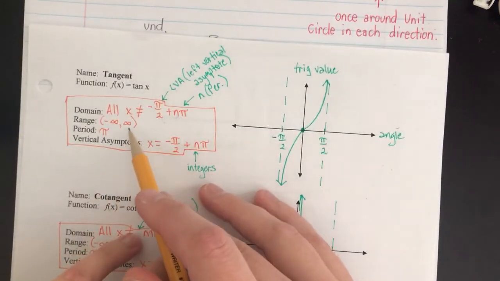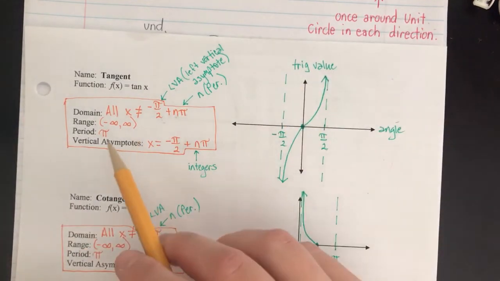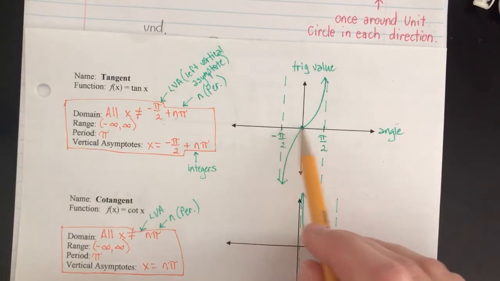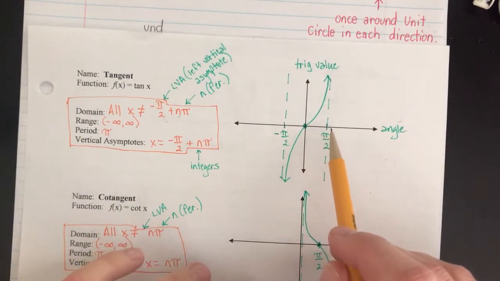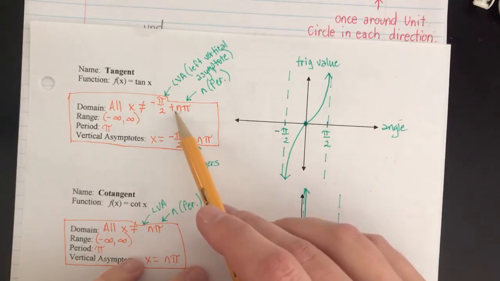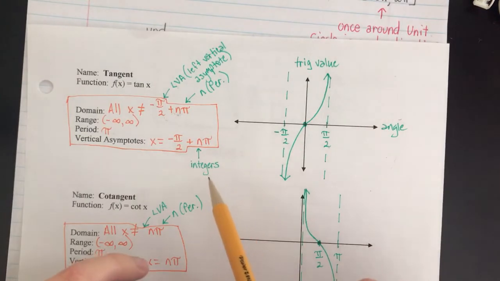Our range is going to be all real numbers because, as you can see, this graph goes all the way down, all the way up. Our period is pi, okay, from negative pi over 2 to pi over 2, that's pi. And then our vertical asymptote comes from, we just talked about this formula here, where n is integer values, okay,